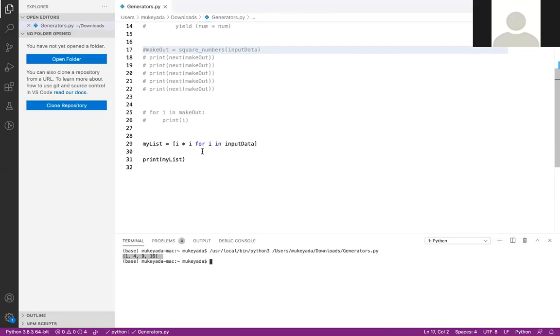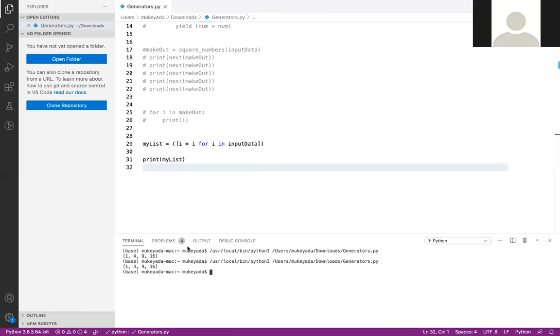So guys, this is a normal list comprehension, but to make it a generator, what we have to do is use open and close parentheses instead. If we try again, see, print my list, i into i for i in input data. Yeah, so this is the complete list comprehension method.